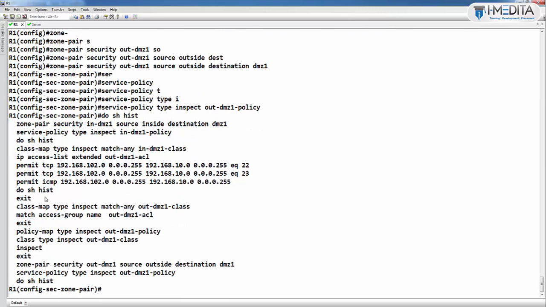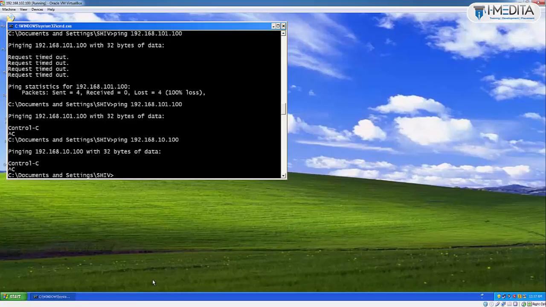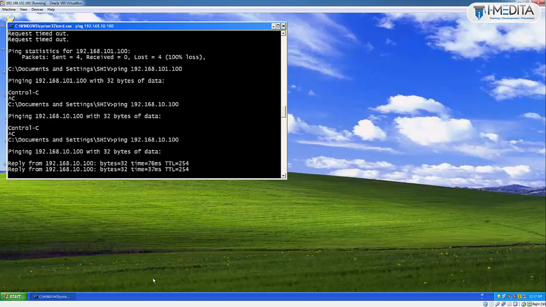First of all, we have created the access list, then class map, then policy map, and then the policy map in service policy in zone pair. So we have defined SSH, telnet and ICMP. Go to PC2, ping, working,